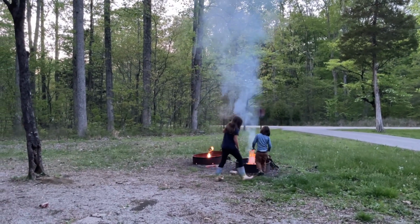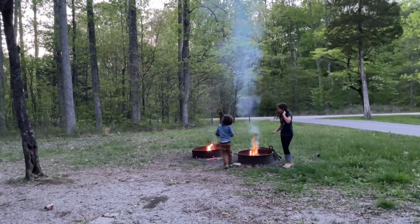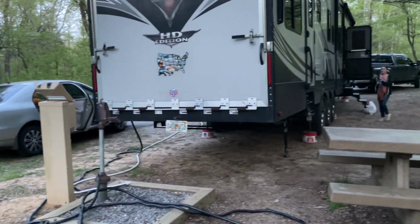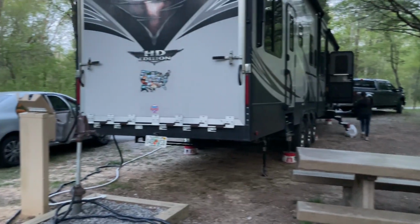We made it to Mammoth Cave, which is our last national park of this trip, and officially the worst RV setup of the trip. I don't know exactly what they were thinking, where we were supposed to put an RV, but we're here. During both of our tours, we learned about Stephen